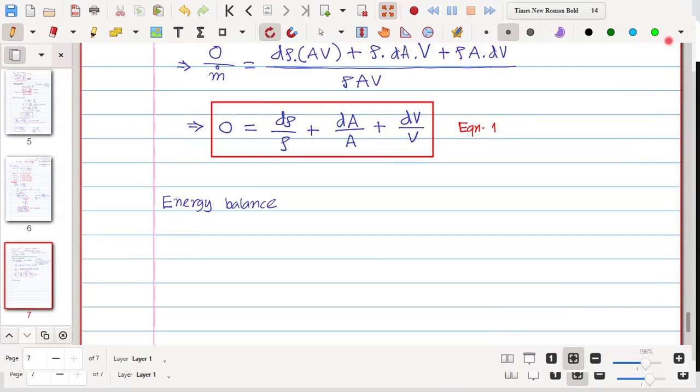The flow energy and the kinetic energy will be converted between themselves. And the potential energy change is considered negligible. So we can write,